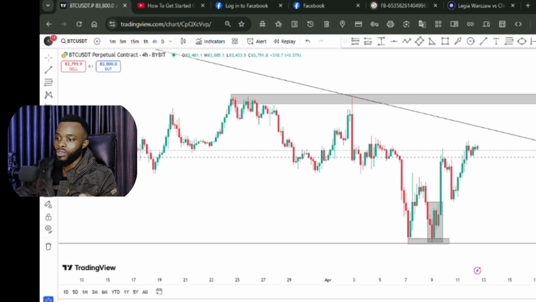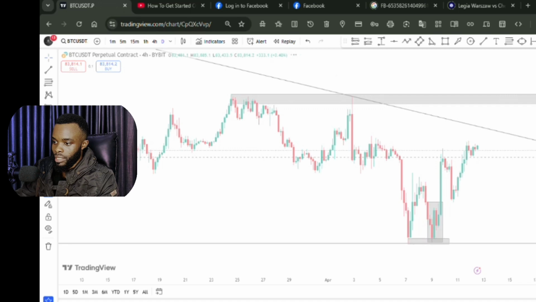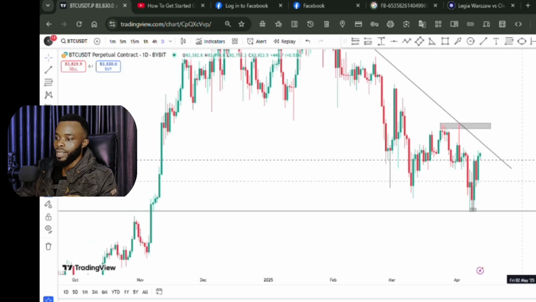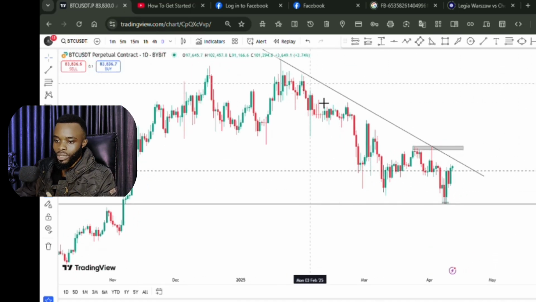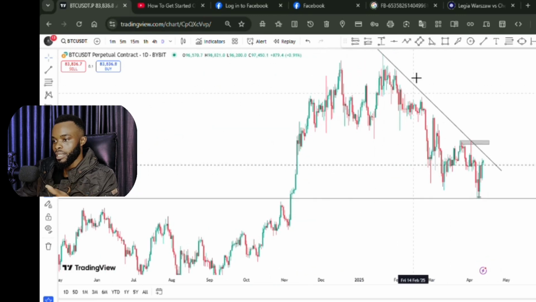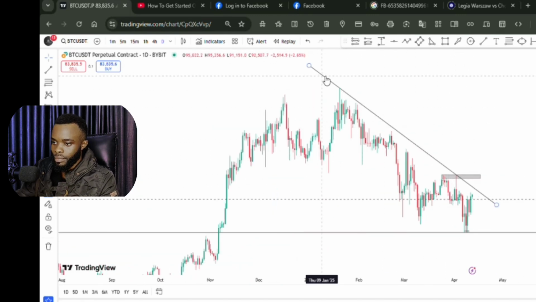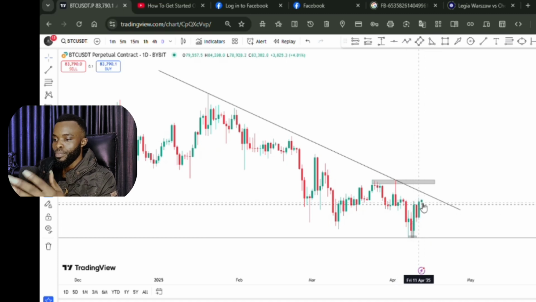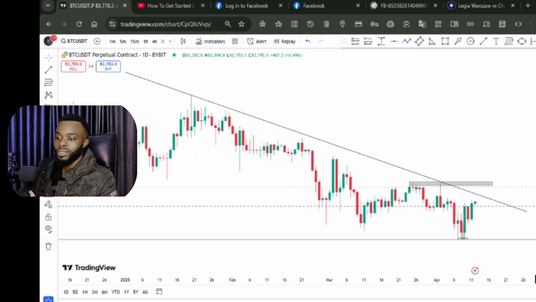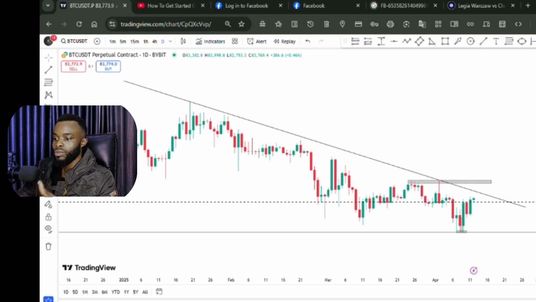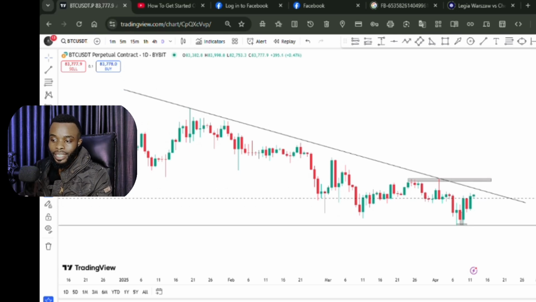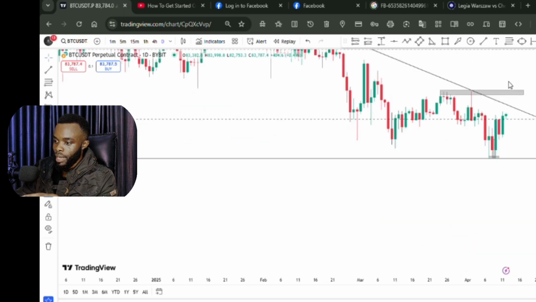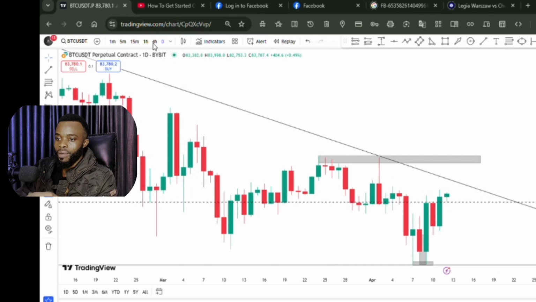So heading over to the 1 day time frame, as you can see on this chart, we can see that the overall trend of the market is a downtrend. As you can see, this trend line here indicates the market is in a downtrend. But the current reaction of the market is pulling up to a particular zone. That particular zone, in which there is a rejection in the market, is what we need to map out. So around this zone, we now go to the 4-hour time frame to see